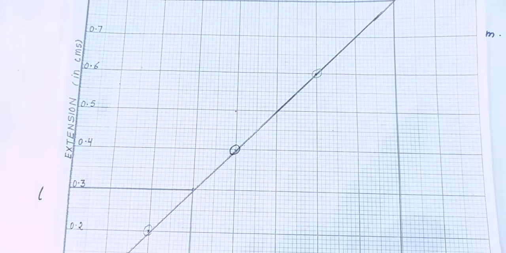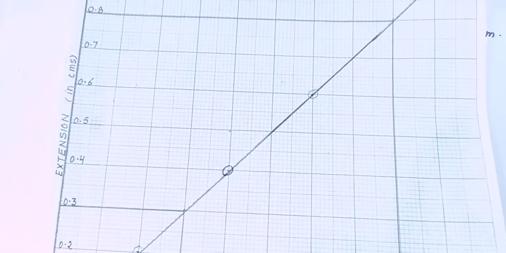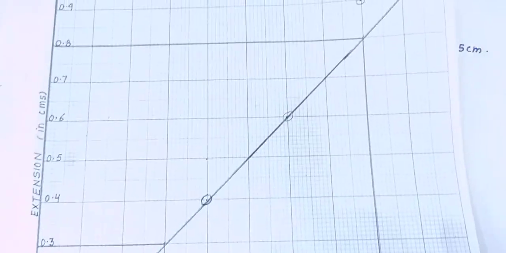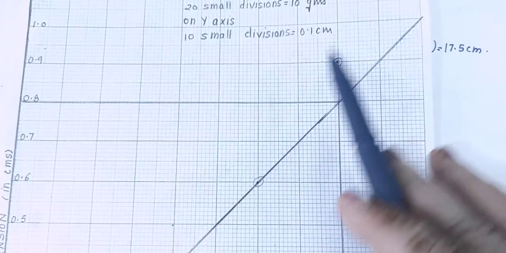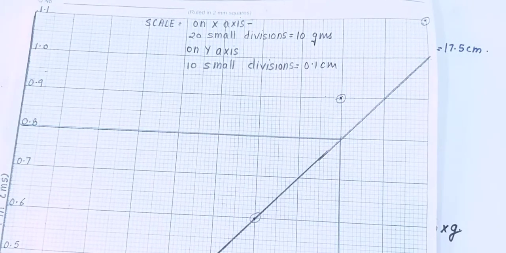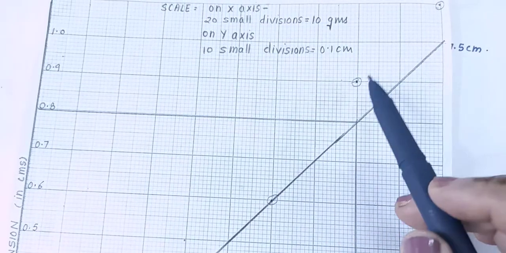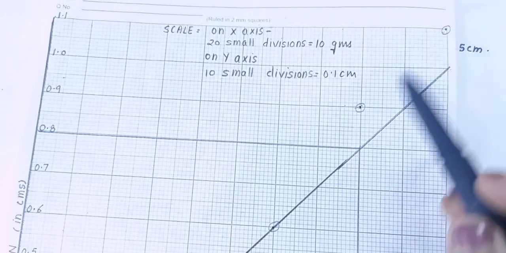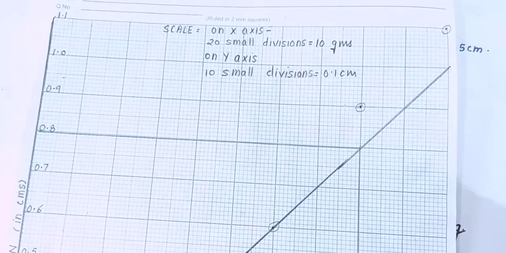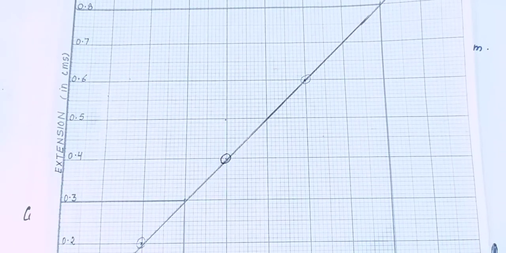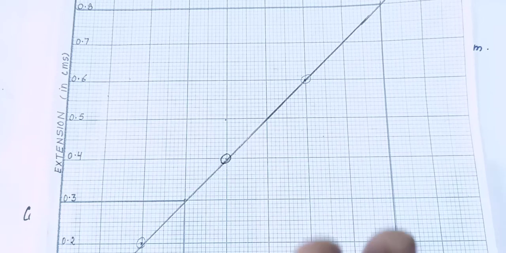So for the readings we had that day, this is the best fit line when 3 points are lying on the line, right? So we have to leave these 2 points, although this is not a very good observation. I don't know what problem went with these 2 observations, but anyhow the graph we already have. Now using this graph I am going to explain to you how to calculate elastic potential energy.